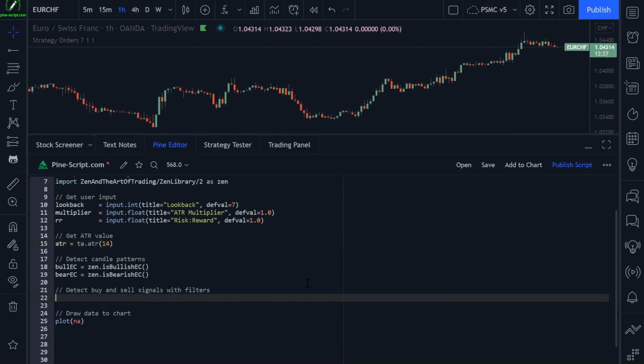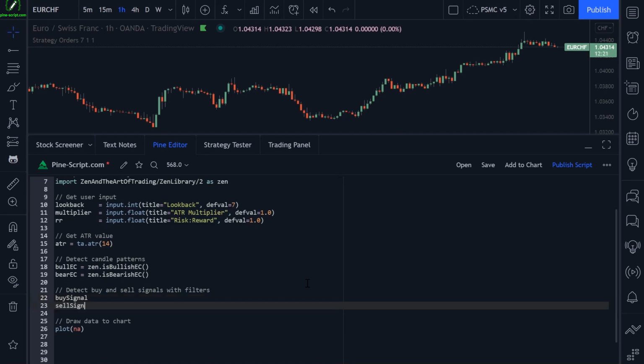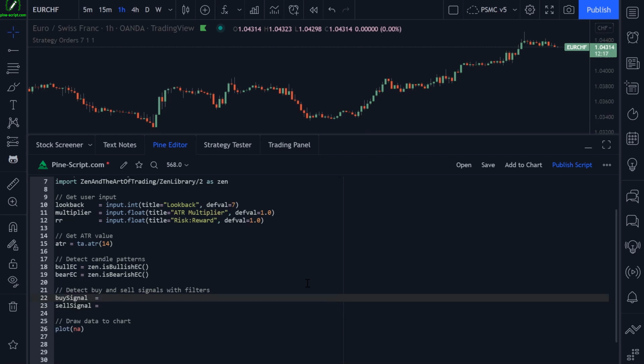That's quite simple in this particular example. So I need buy signal and sell signal. Buy signal will be true when we have a bullish engulfing candle, and that bullish engulfing candle's low is equal to TA.lowest low over our look back period, so the past 7 bars by default. And our ATR value is not NA, so we need to pass in that ATR value or variable into the